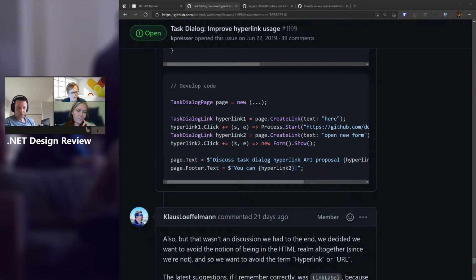People felt the hyperlink needs to exhibit the same functionality as, say, a button, because a hyperlink looks like an actionable element. If I click on a button and the button has a click event, I would expect that if I have a hyperlink and click on it, it has a click event which I can handle, rather than a page.